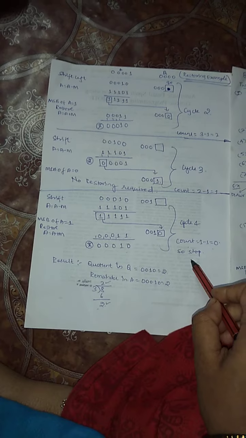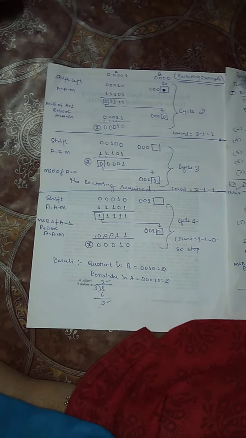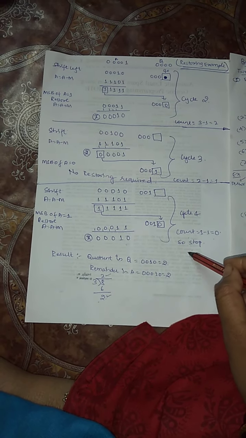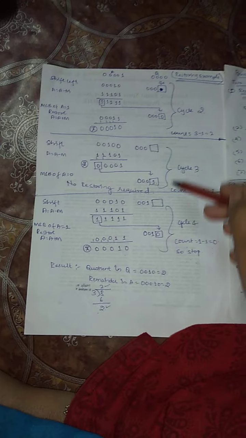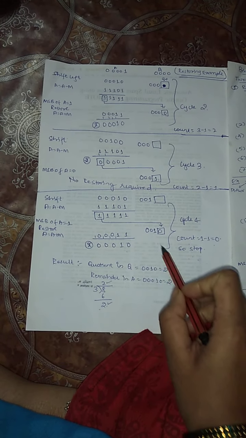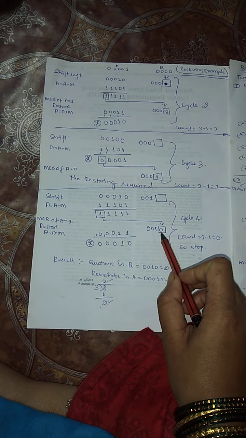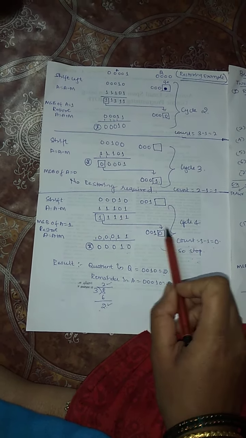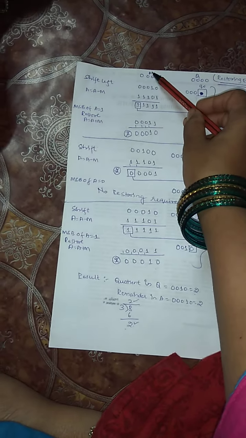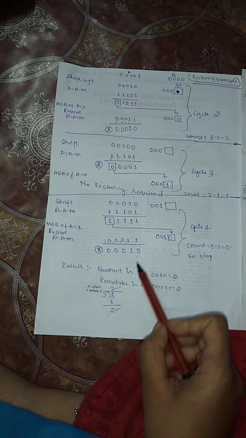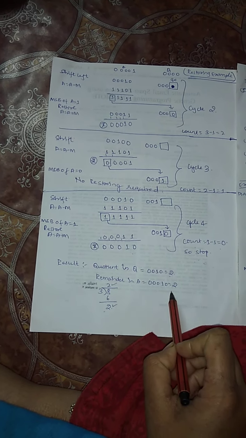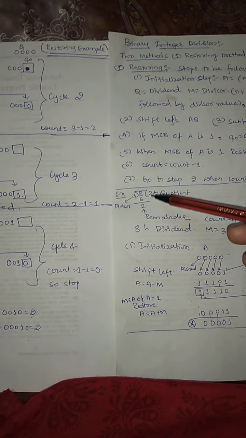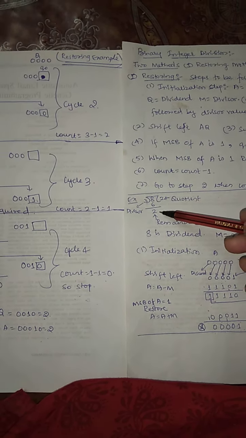Finally, we have to get the answer. After doing all these operations and performing the cycles, where will be the quotient and remainder? In the Q register, we will have the quotient. What is present in the Q register? 0, 0, 1, 0. What is 0, 0, 1, 0? 0, 0, 1, 0 means 2. Then the remainder will be present in the A register. What is present in the A register last? 00010. So what is 00010? Again it is a 2. See, quotient also is 2. Remainder is also 2. See, here we are doing the division. Quotient is also 2. Remainder is also 2.